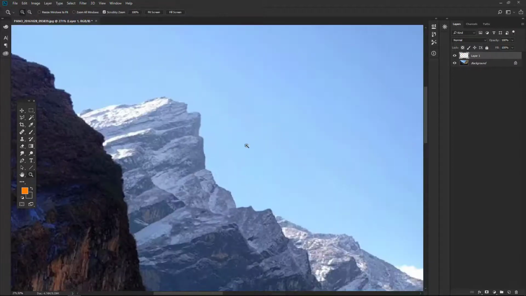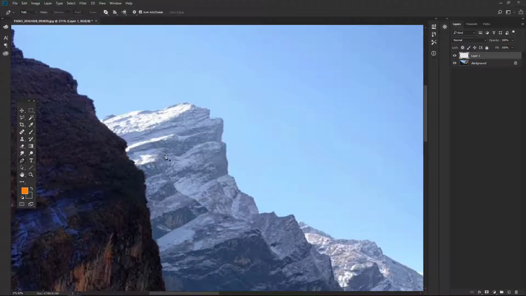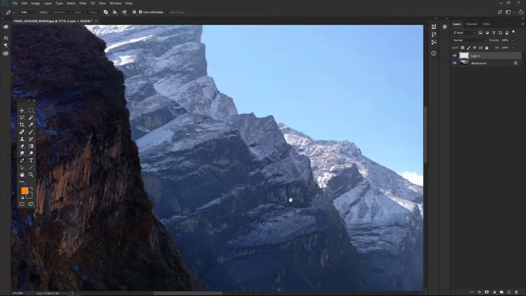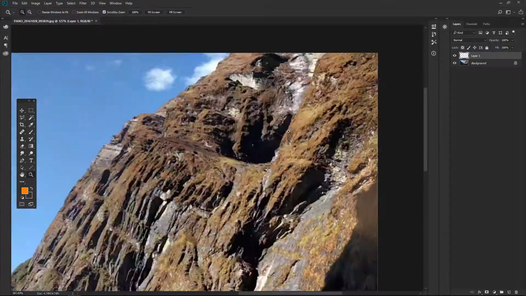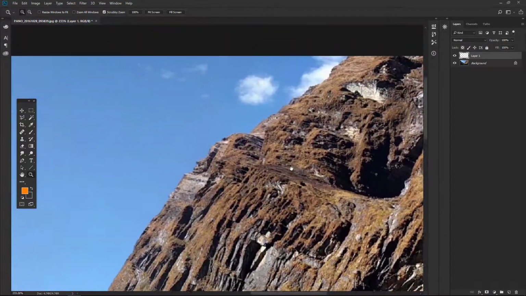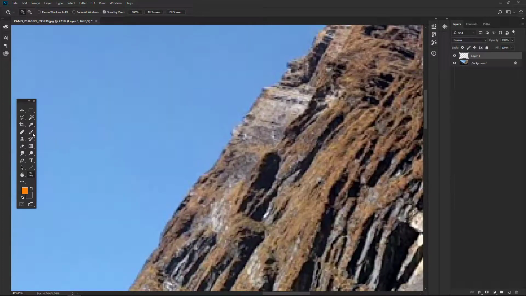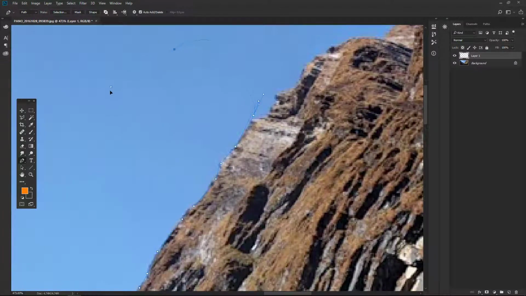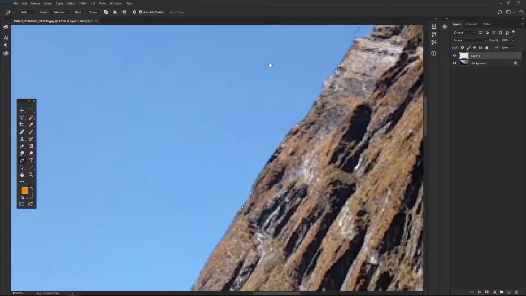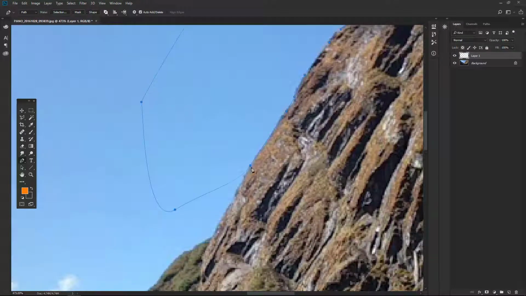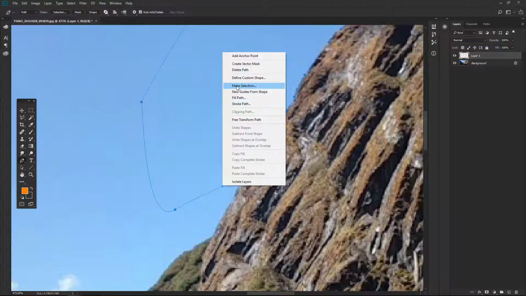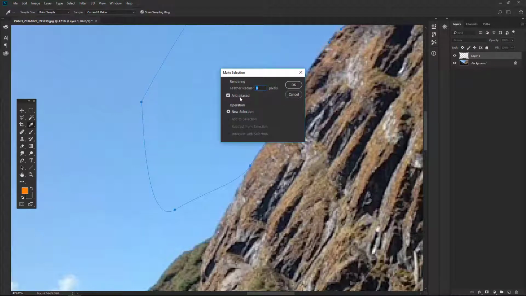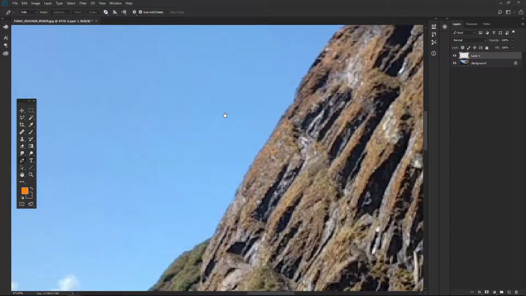And on the topic of selections, something that is often overlooked is the paths tool. This isn't a great image to feature, but if you're dealing with vehicles or really smooth, organic, flowing objects, using the pen tool from the paths to create a path allows you to create really nice, smooth selection curves. And if we then close this and right click on the path, you can just go straight to make selection, and you can feather it, choose whether you want it anti-aliased or whatever,